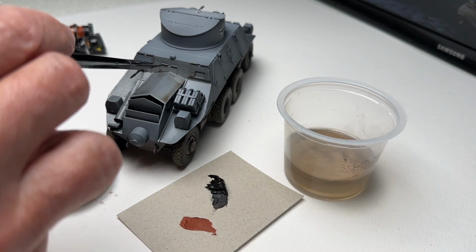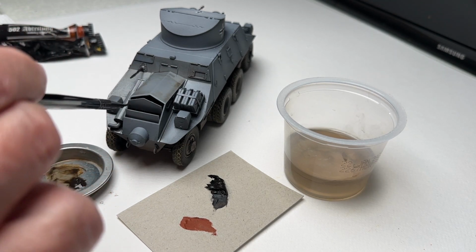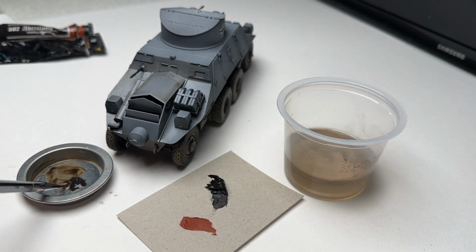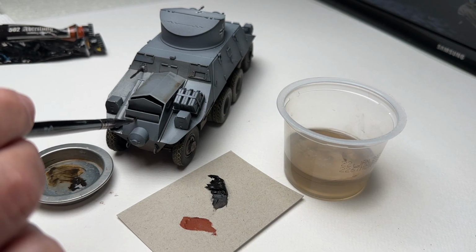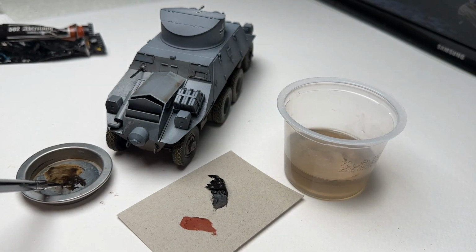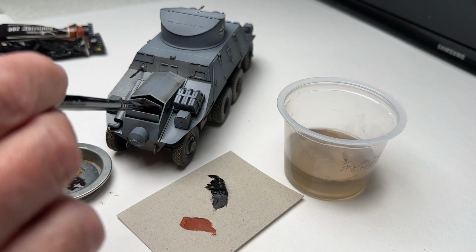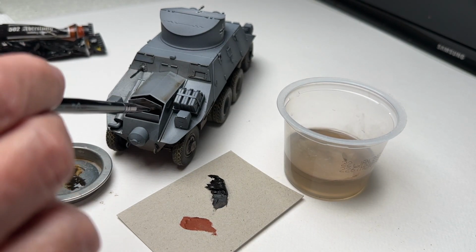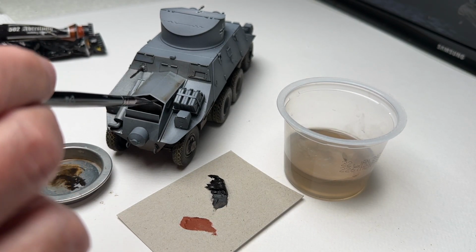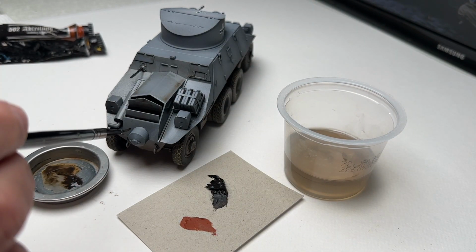And keep working it around to the corners, because that's where Mother Nature's gonna make this stuff go from the elements. And if there's too much, you get too much. Let's add more turpenoid, thin it out on the model. Around here,